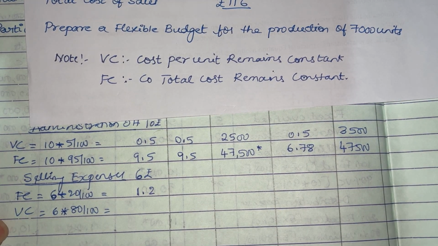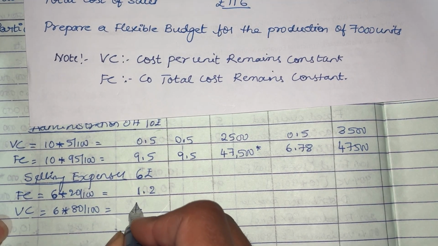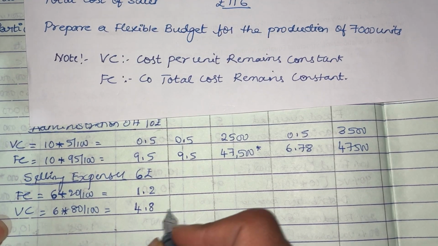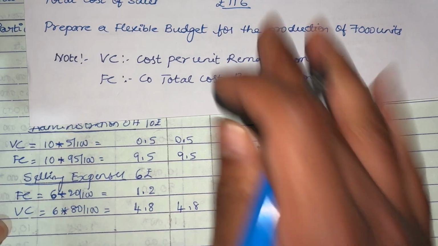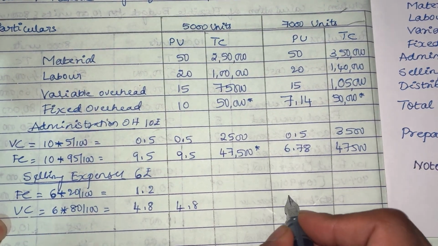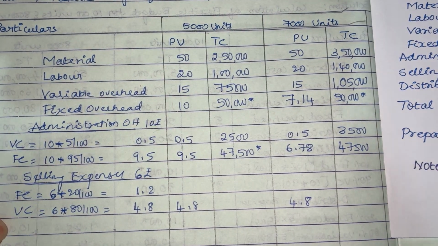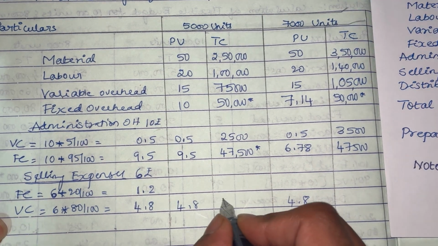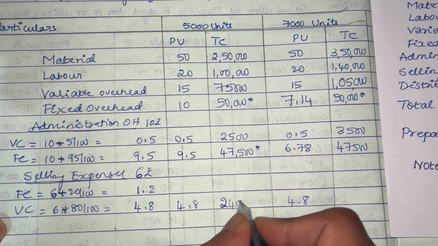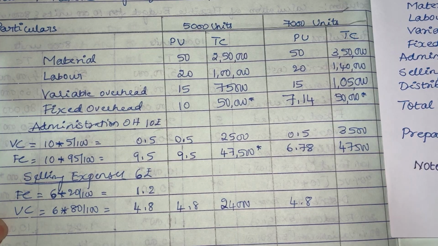Then 6 into 80 divided by 100 will be 4.8 rupees. So in the case of variable cost, what remains constant? Cost per unit. Remember, cost per unit is 4.8. So what is 4.8 into 5,000 units? 24,000. 4.8 into 7,000 units,